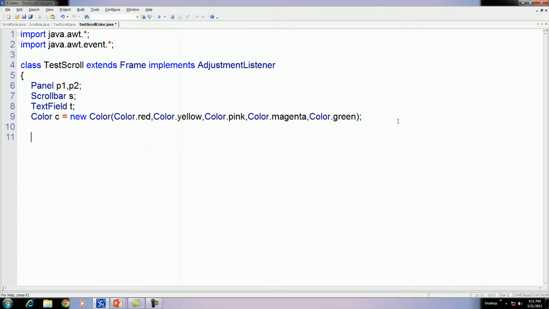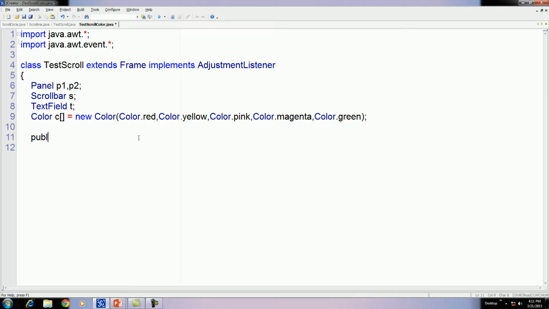That is, C is an array of colors, therefore here write a bracket. Okay, here we want that if we change the scroll value, then by default the back color of the text will get changed. This is our logic. Let us create the program.